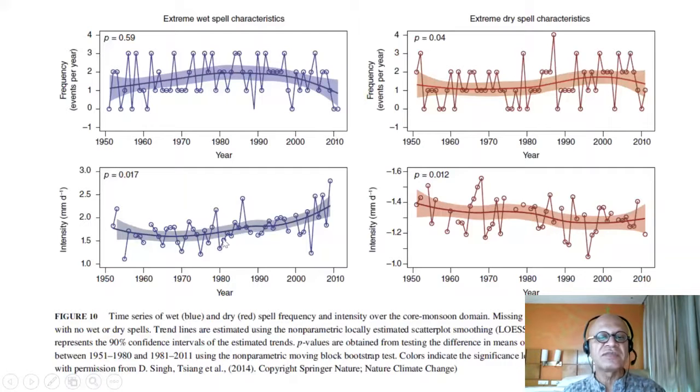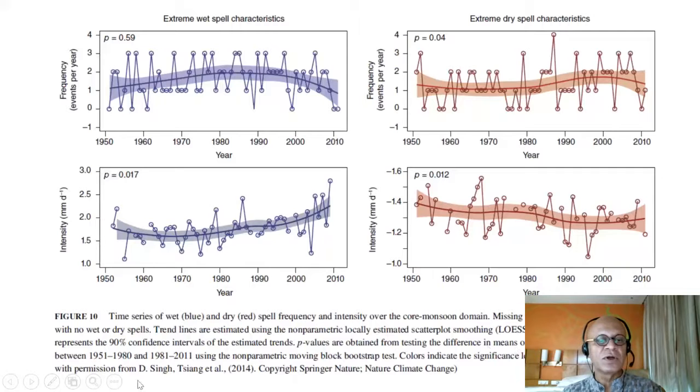Shading represents the 90% confidence level, so all the trends here are significant except when you have this p-value which is very high. So till about 0.01 it makes sense, it's a 90% confidence level. Here there is not much of a confidence in the trend when the p-value is so high. Okay, so